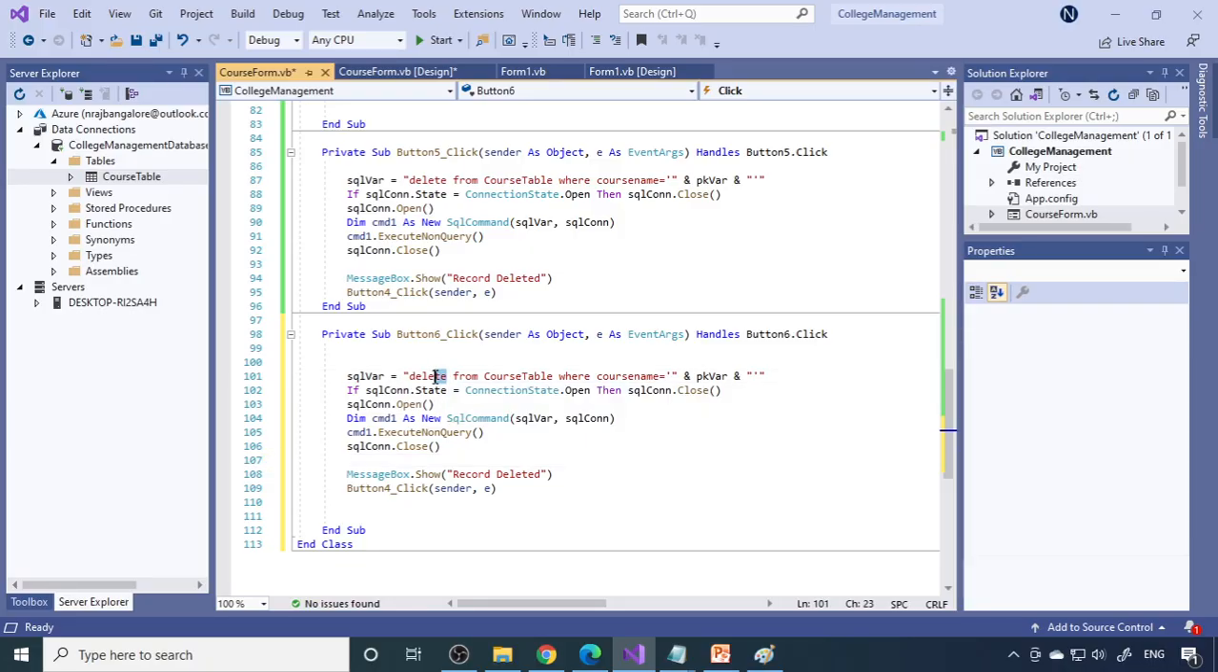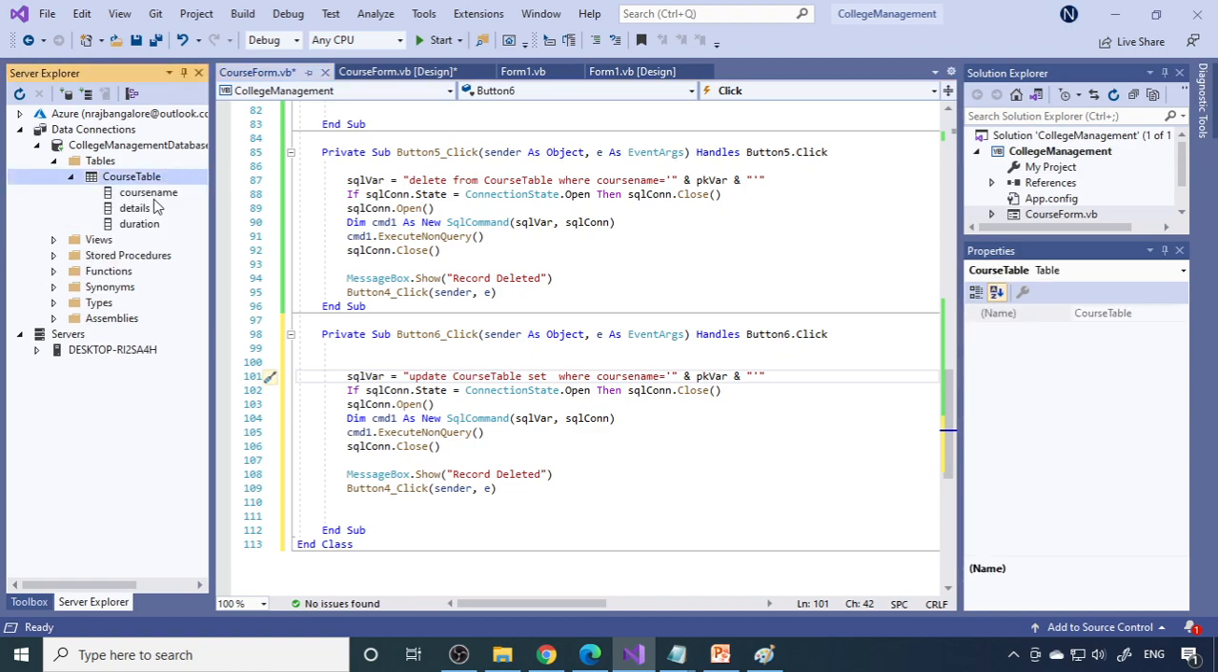Okay, so let's write update. There is no new keyword from, so just update table name. Then you have to use the set keyword. What you want to do, for example, you want to change the details. Course name you don't want to change, but you want to change the details and the duration. So therefore you can write details,